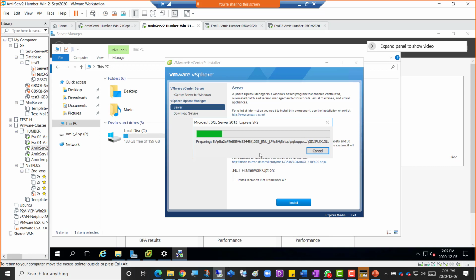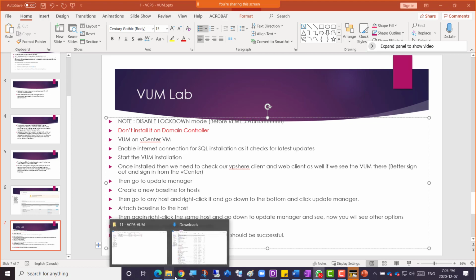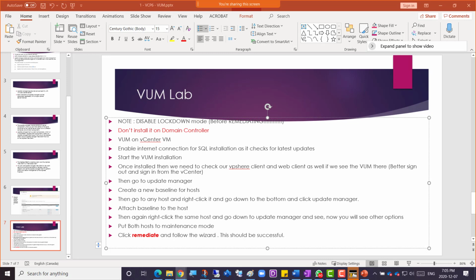Someone says SQL and vSphere pose a problem. Yes. Oh, well, we're about to install Veeam here as well. Veeam is third-party software, so it's going to get an error. In fact, hey, do you guys have Veeam there already? I don't think so, so I'm just going to update that.